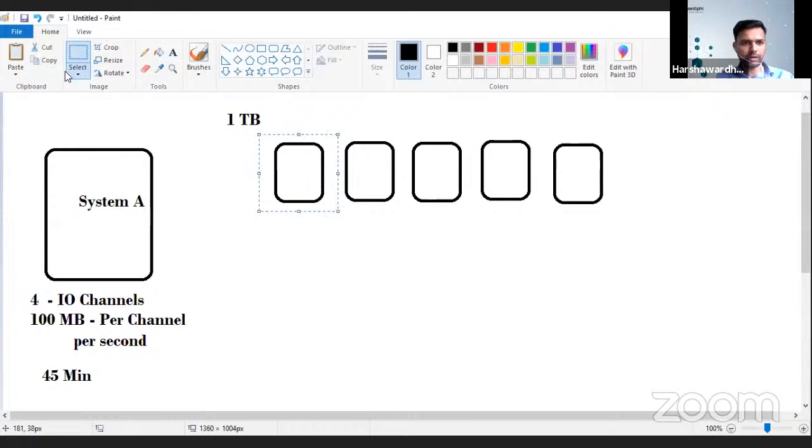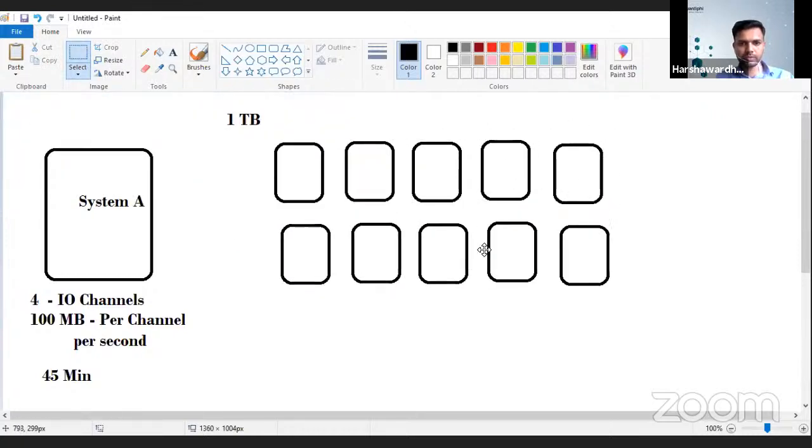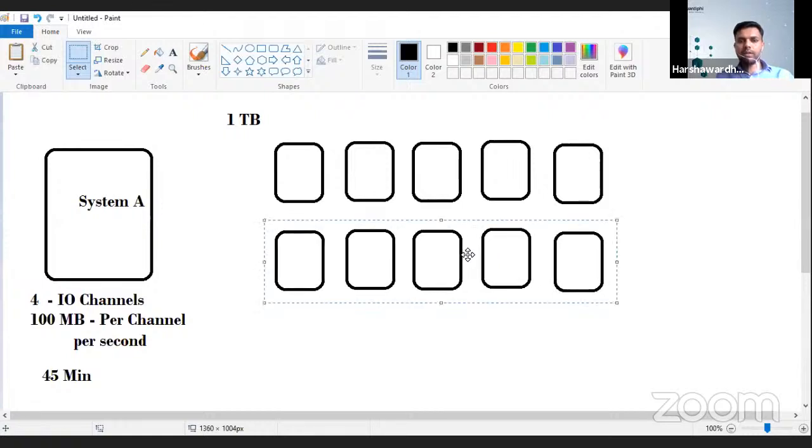There are 5, and not only 5, but in all we have 10 systems. Now we have 10 servers, 10 systems. Earlier we had only 1, now we have 10 systems. Again, we have to read the same 1 terabyte of data.